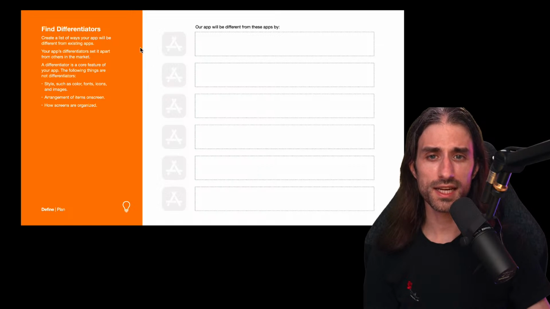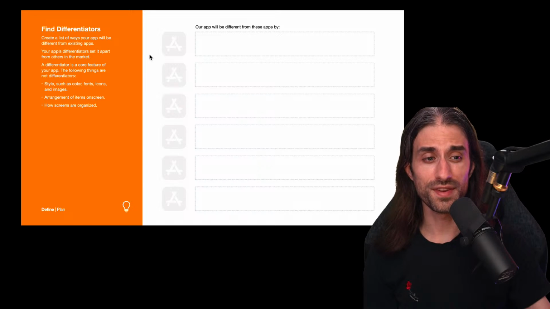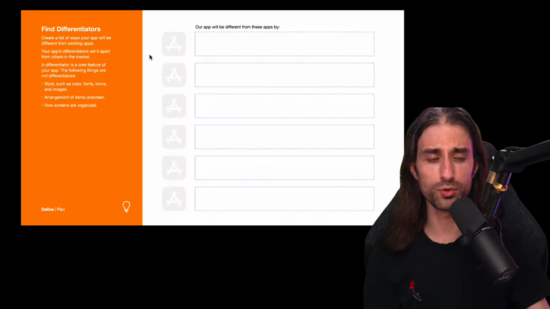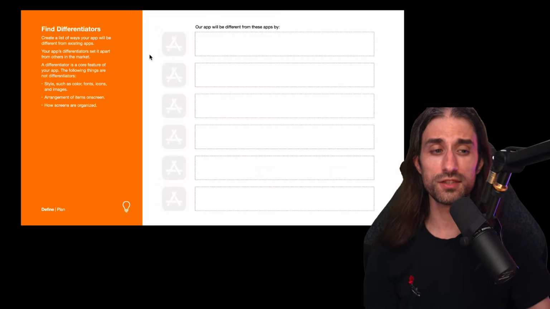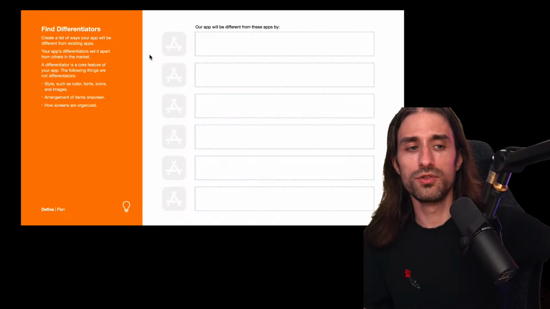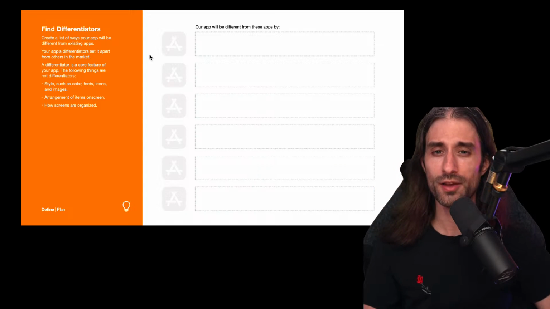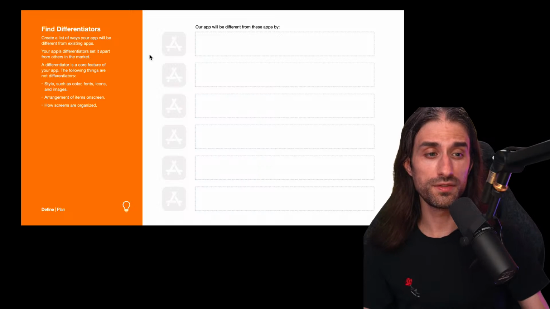And once again, here they show how to think of your differentiators against other apps. That's true, and that's a great thing to do. But if in your discovery phase, in your interviews, you've seen that people use other means than apps to solve their problem, you also want to think of how you differentiate against these other means.